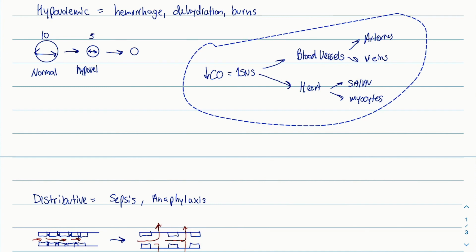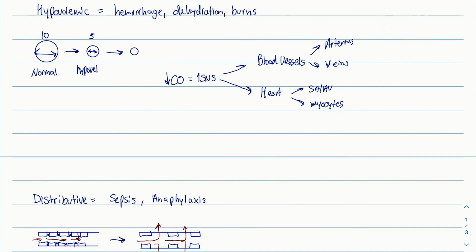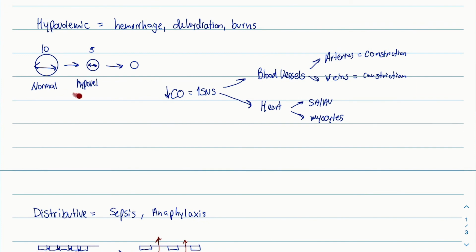Now, in the blood vessels, what is going to happen? It's quite interesting, actually. In the arteries and the veins, we expect still the same thing as before. We still expect there's going to be constriction. Likewise, in the veins, there's going to be constriction. However, the response is now a little bit altered, right? Because we already have hypovolemia, that already means that there's a reduction in luminal diameter. The response to cause a constriction will essentially do what? In the arteries, it will do what we expect, there will be an increase in systemic vascular resistance,